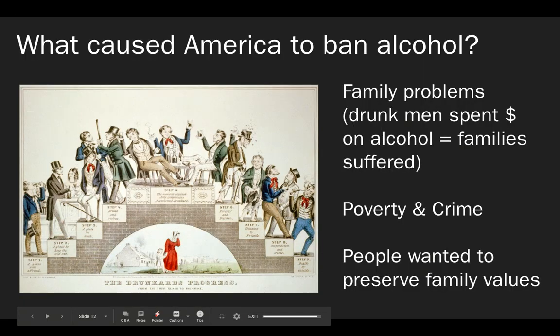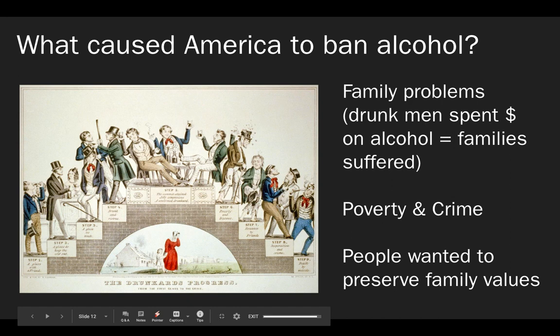Okay, so why did America try this epic experiment? Earlier in class today, if you were with us, you looked at this political cartoon on the left. It's called The Drunkard's Progress. In it, we looked at different segments that pieced together this story of what happens to people when they drink a lot and become drunk. Ultimately, the cartoon is suggesting that women and children, so families, are the ones that suffer from the actions of the drunk husbands.